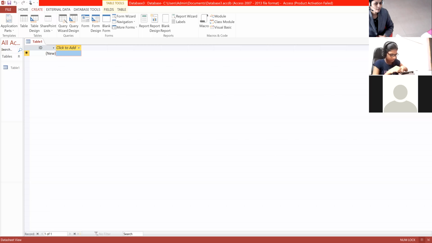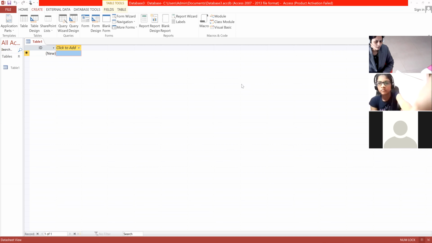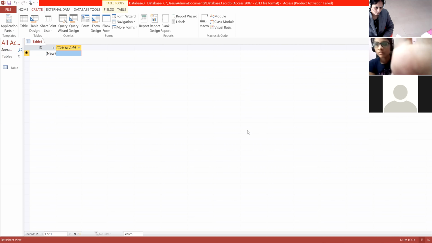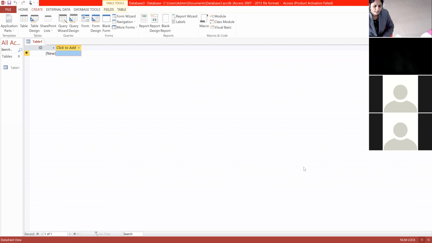Ma'am, in my laptop, after downloading MS Access, when I try to open it, it is asking something. It will take the hardware of the computer. It will take space or data from your computer. No, it will not take any permission or delete anything. Then I clicked allow, then it opened, ma'am. Okay, okay.